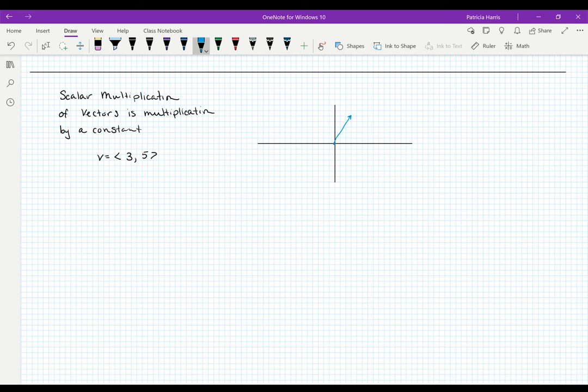Okay, so now what I'm going to do is take my vector v and start multiplying by just numbers. So let's multiply v by 2. So 2 times v. What that does is it gives us a new vector of (6, 10). So if I graph that,